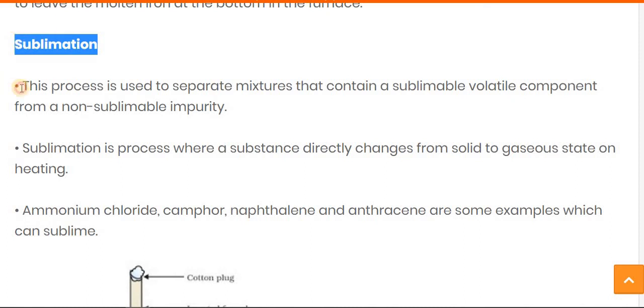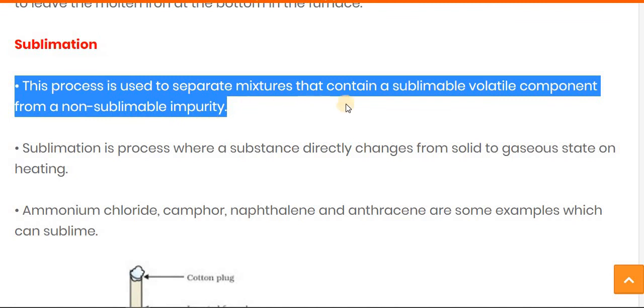This process is used to separate a mixture that contains a sublimable volatile component from non-sublimable impurities.